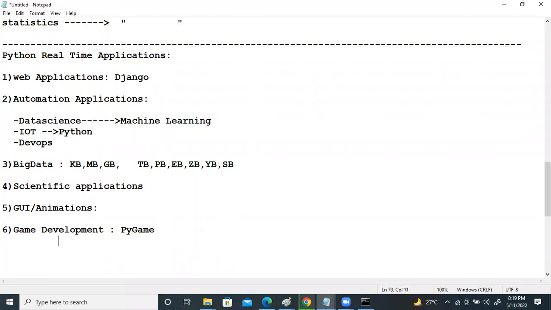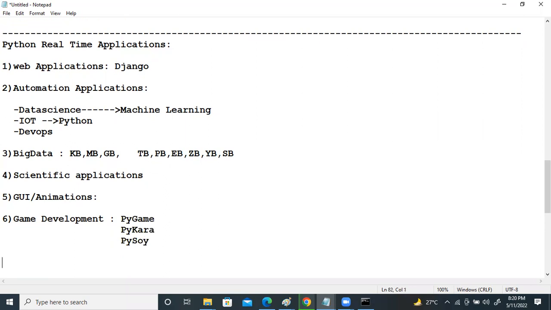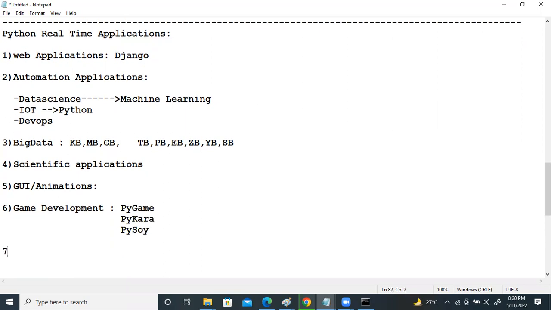Not only Pygame, we have PyChara, one more framework given by Python for developing games. Not only that, we have some 3D rendering libraries like PySoy. Apart from this, Python can also be used for scheduling tasks.